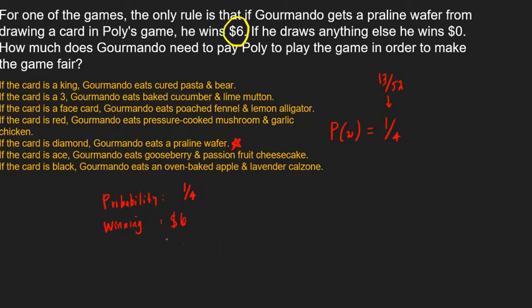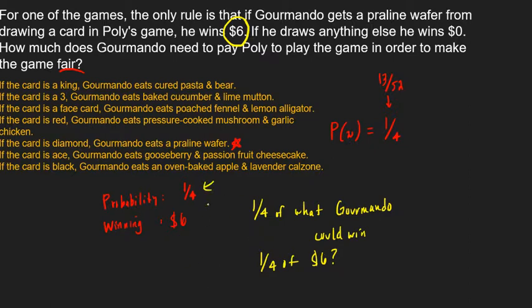What would be a fair amount to charge in order for this to be a fair game? It's going to be 1/4 of what Gormando could win. So what's 1/4 of $6? And here's why that kind of makes sense. What we're saying is, since there's a 1 in 4 chance of winning, theoretically, if I played it 4 times, I might win. Now, we don't want to fall into the gambler's fallacy,